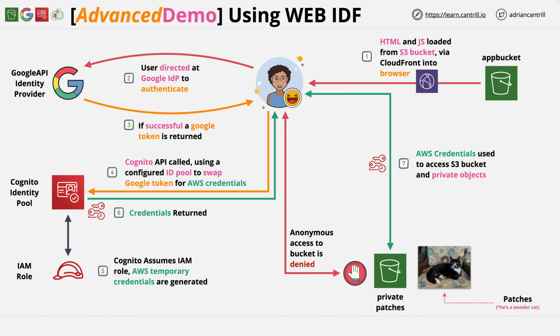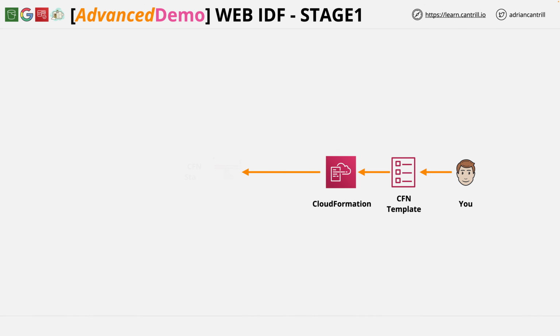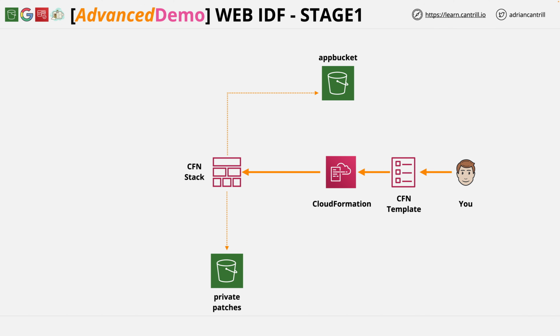Step 1 is the base infrastructure, which is what the CloudFormation template is doing in the background right now. Specifically, it's implementing the first part. So right now you're applying the template, and I'll refer to you as Bob. And as you apply the template into the CloudFormation service, this creates a CloudFormation stack which creates the actual resources. It's creating the application bucket and the private patches bucket, as well as the CloudFront distribution that you'll be accessing the application through. Now that distribution is not actually contained on this diagram because we won't be using it initially, but we will be using it later on in the demo series.